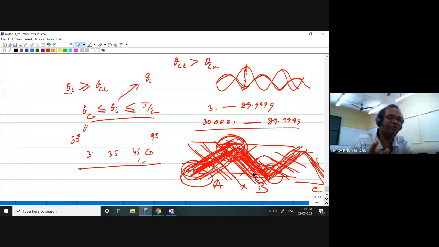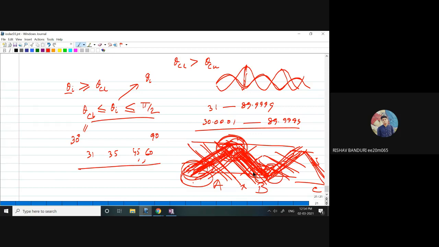If it is guiding at all, then how many modes will there be, what is the difference between modes. All those concepts we will get a very clear picture of if we discuss this 1D optical waveguide in the ray picture. So that will be continued in the next class. I stop here. If you have any question, you can ask me now. Otherwise, we'll continue. Yeah, go ahead.